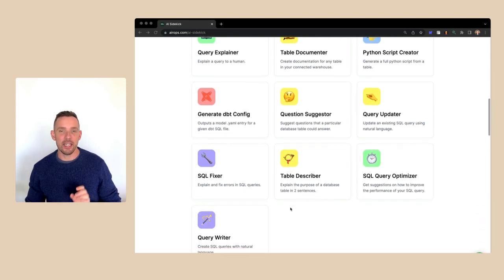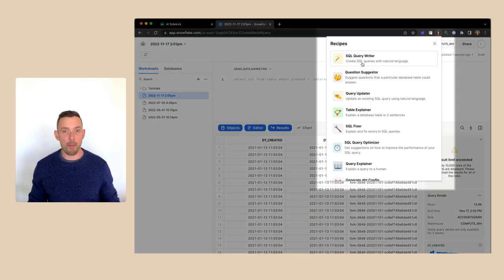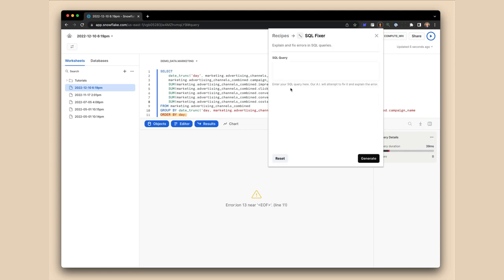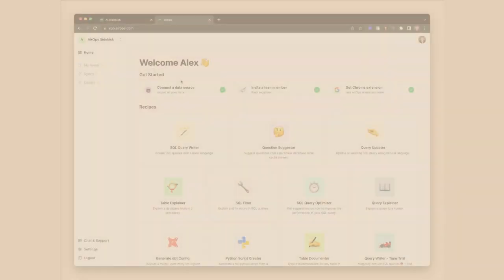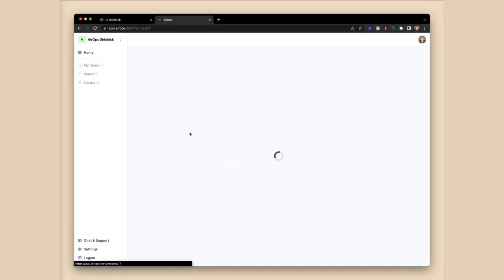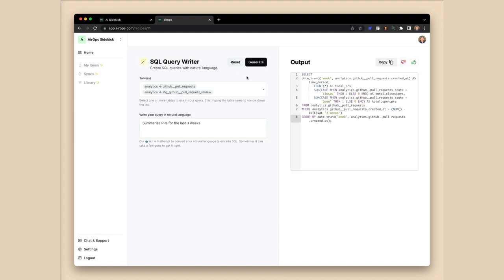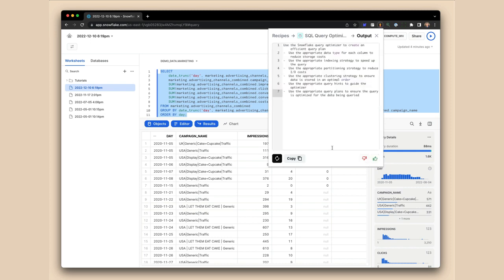Data Sidekick gives you time back whenever you use any of our powerful recipes via our web app or handy Chrome extension. Popular recipes include SQL Fixer, which explains and repairs tricky errors in SQL statements; SQL Writer, which allows you to draft and modify SQL statements simply using natural language; SQL Optimizer, which explains the steps you can take to improve the performance of expensive or slow queries;